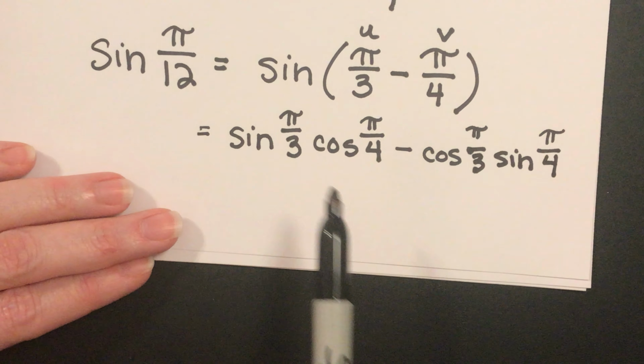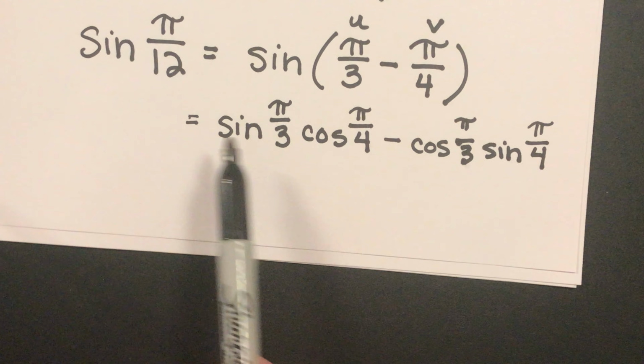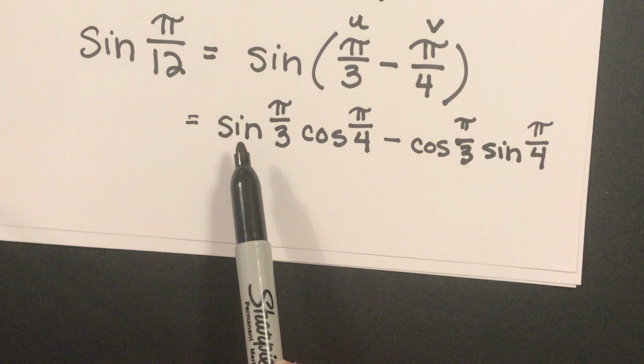Now we can just break this down into the pieces that we know of the unit circle. So the sine of pi over 3